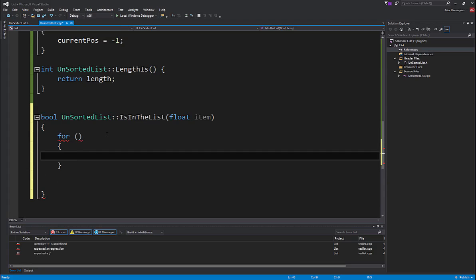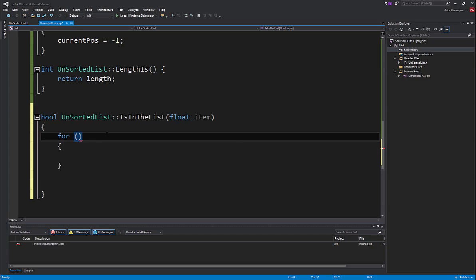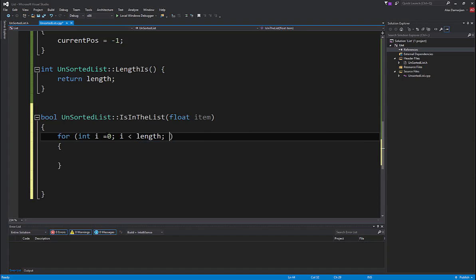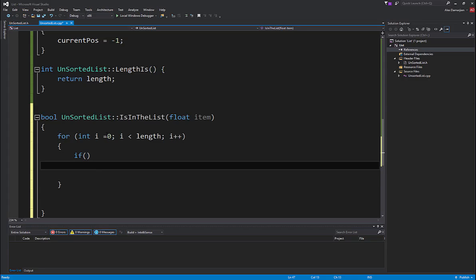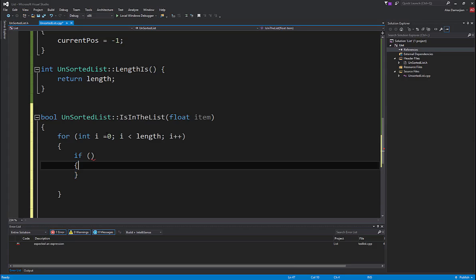And we can start off at 0. So we're going to say, okay, integer I equals 0. And what we want to say is I less than the length of our list. If it is, we're going to increment I by 1. And then we're going to check. Okay, so what are we going to check here? All right, so if